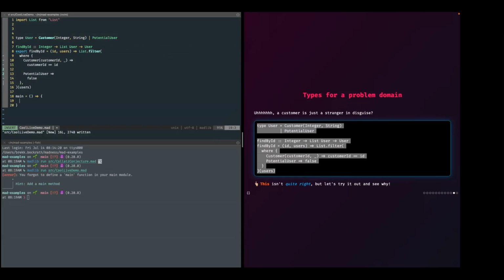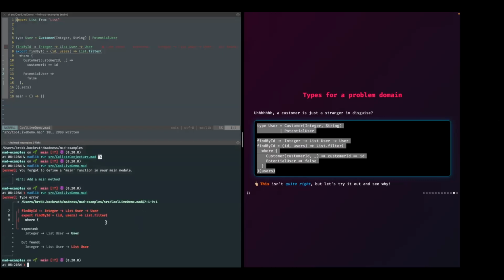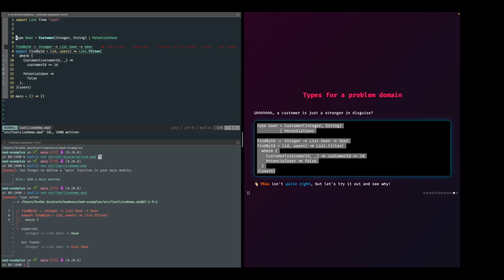to allow for executables, but you don't have to have a main if you're not trying to run the file. So it sort of gives a trade-off between libraries and runnables. But here, now that I've added a main, it should be mad about something else. So here, list user, user, list user, right? So this was what I wanted to mention.